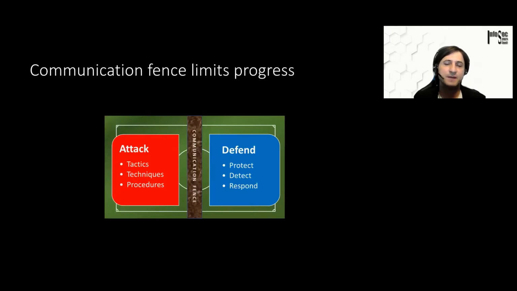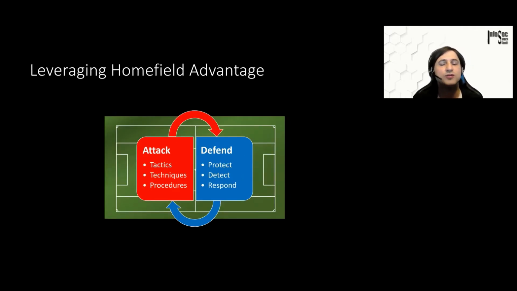And this is really what I kind of like when I look at this, is what I call the communication fence that often is between the red team and the blue team, where there's not a lot of communication happening. So the red team operates for multiple months sometimes, right? Doesn't really trigger a lot of detections, and then the blue team learns about it and then can't really find them at this point. So there's often a lot of disconnect, where it would be much more efficient to actually more closely collaborate, right?